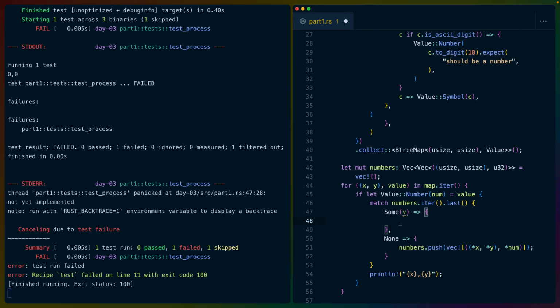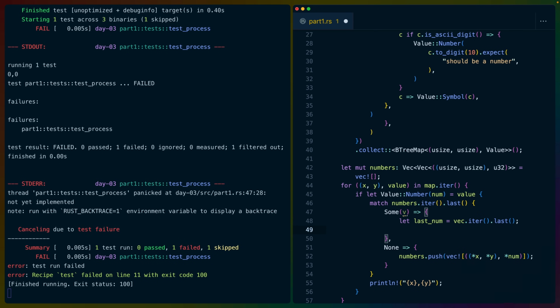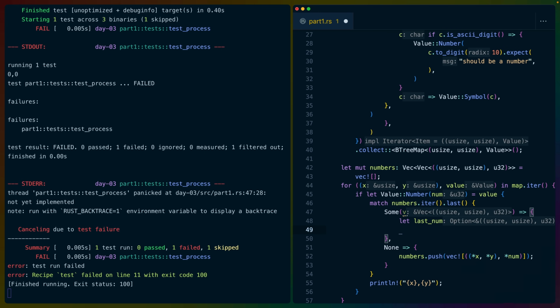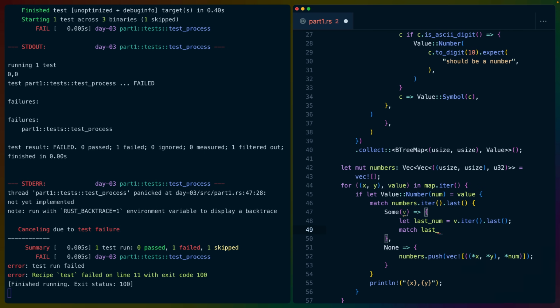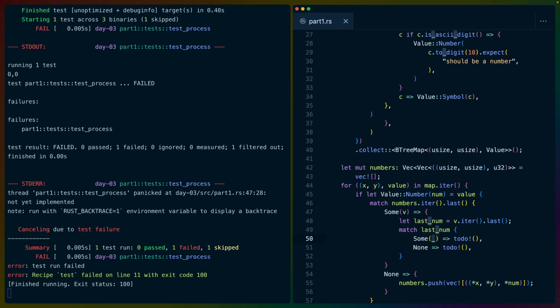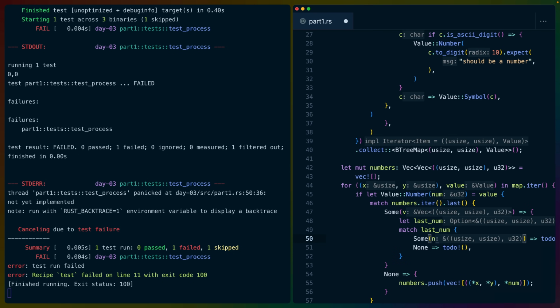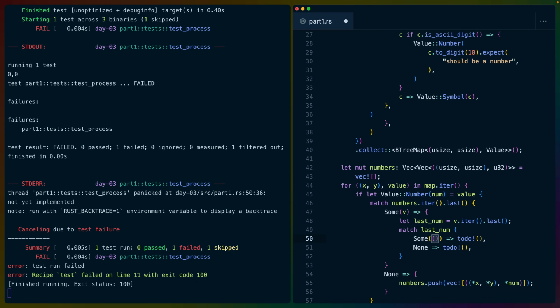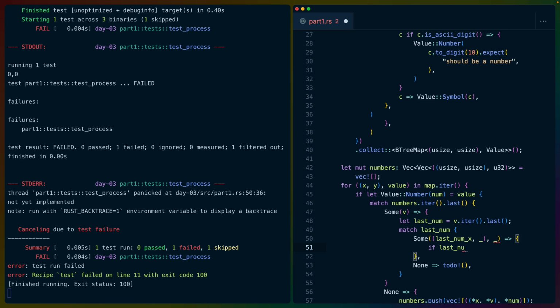If we do have a vec, we need to check the last number in that vec. I can't think of another thing to call this V, so I'm just going to leave it there like that. This is the vec of our usize positions as well as the U32. We'll match on last num, fill match arms. This will be N, which is going to be the position and the number. So really what we need here is last num X. We don't care about the Y, we don't care about the number. And if last num X plus 1 is equal to X, right? That's what we're iterating over. Then we are going to want to push